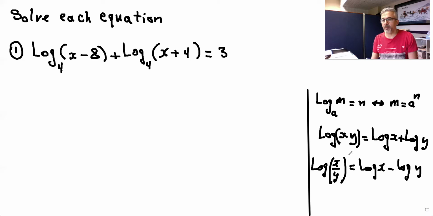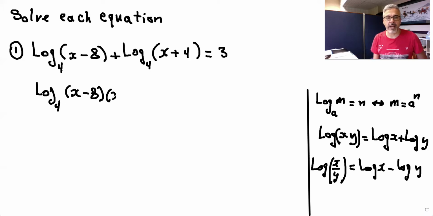so basically we have to remember these rules for this question right here. In particular, this one and this one. So we're gonna use this one to write this as one log. So therefore, when you have two logs that are added, you could change to multiplication by multiplying this and this. So now you have log base 4, x minus 8, and x plus 4